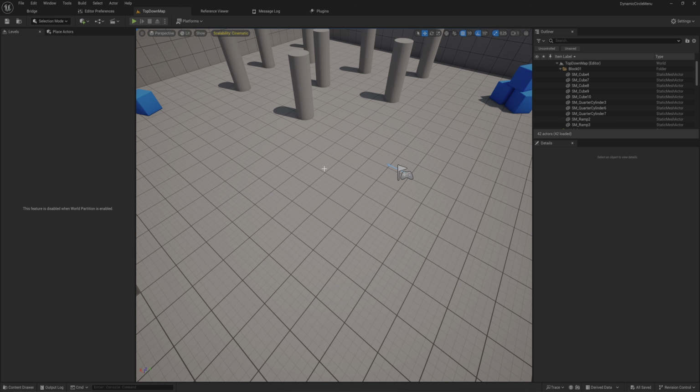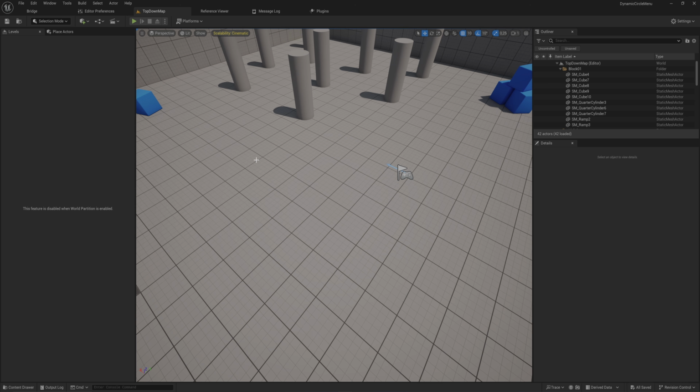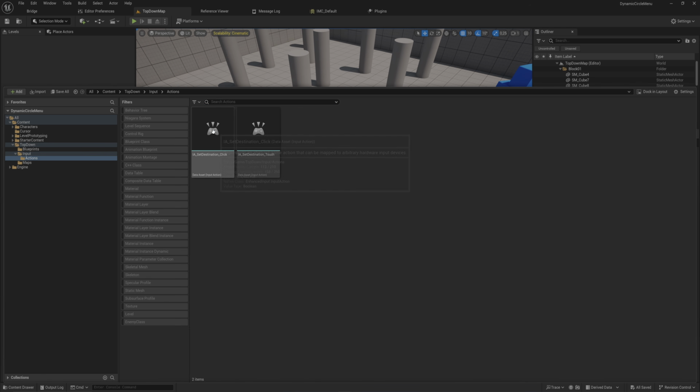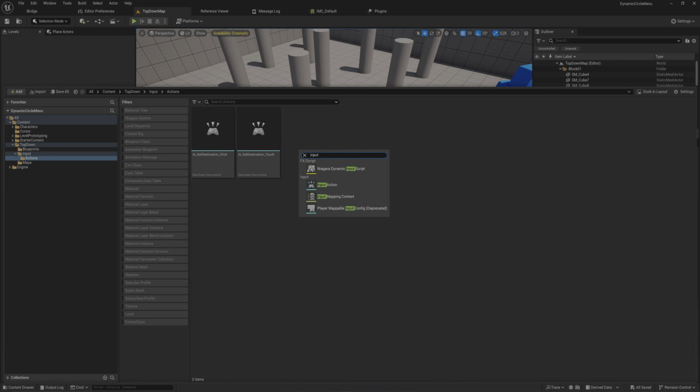There's a couple of things of setup that we need to take a look at. So I'm going to go into the top-down input mappings that we have. Let's open up the input mappings, and let's also go into the input actions. We're going to make a new input action here. So we can just look for input action, and we'll call this something like IA